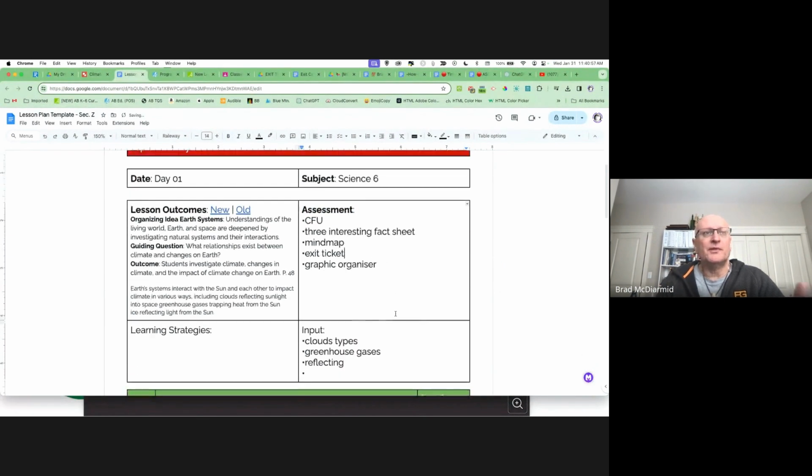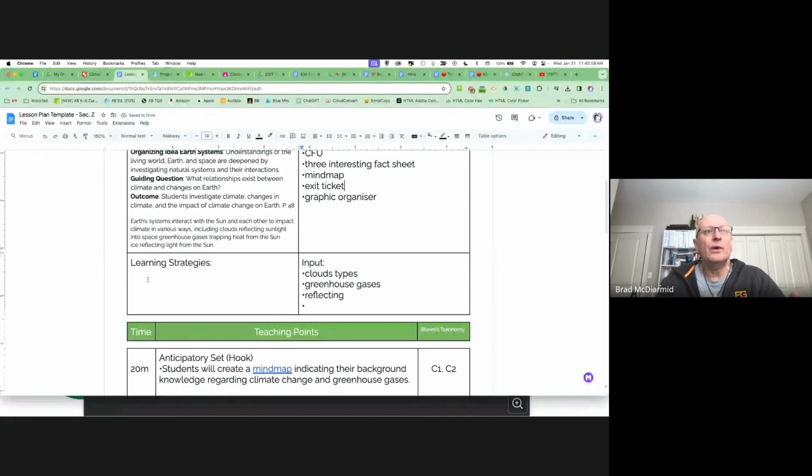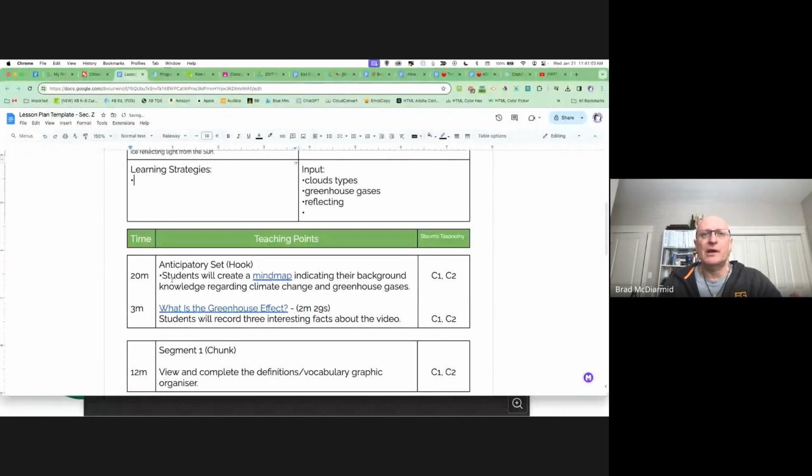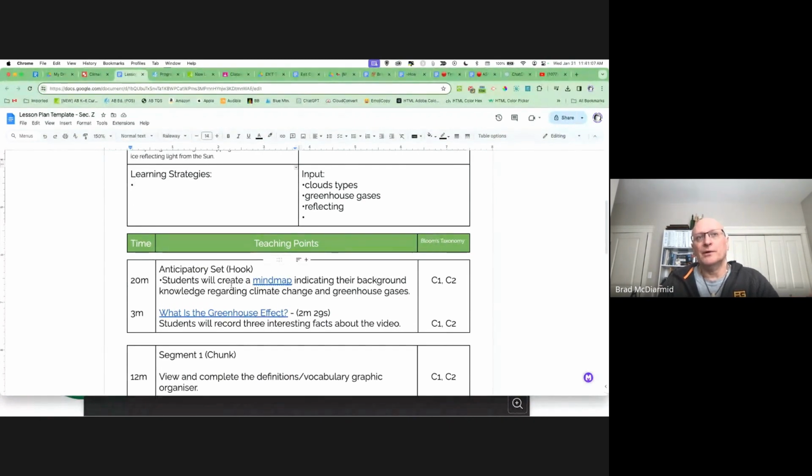So all of those are assessment tools that I would use in this lesson. Okay, so those are all awesome. And now we have to figure this piece out. Okay, what are my learning strategies? Well, if we look here, one of my learning strategies could be something like this, and remember, they all really start this way. Students will be able to, oops, I spelled able wrong. Doesn't matter for now. Students will be able to